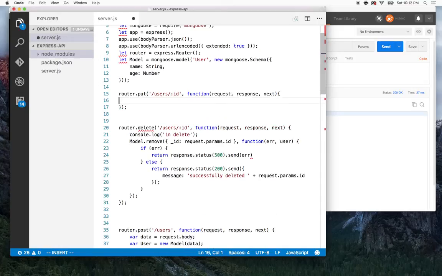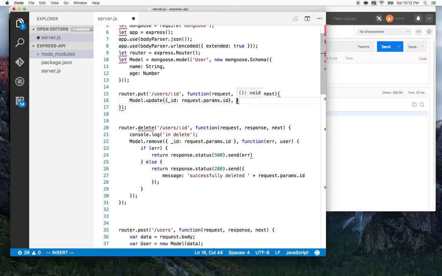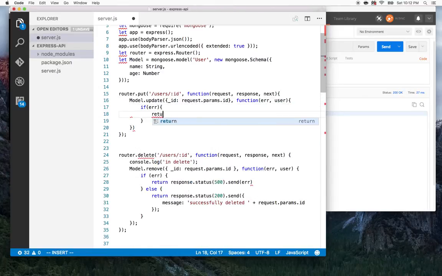And inside of here, what we're going to do is model.update, and it's going to be id is equal to request.params.id function error user. So we'll say if there's an error, then return response.status 404, send error,